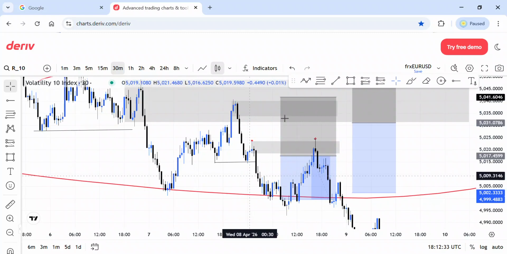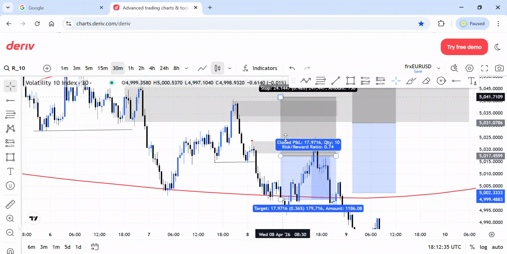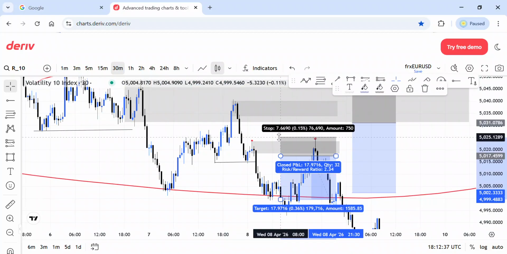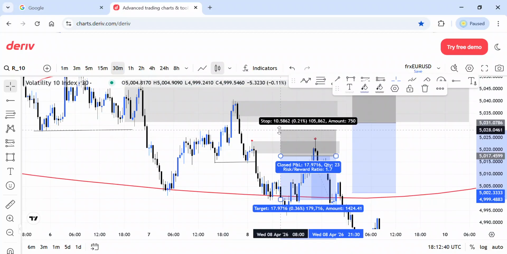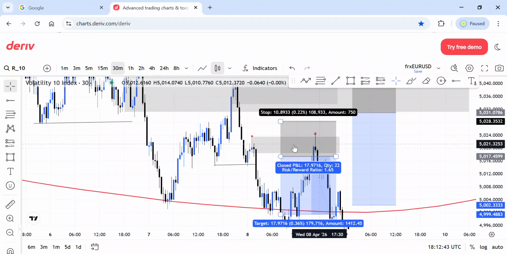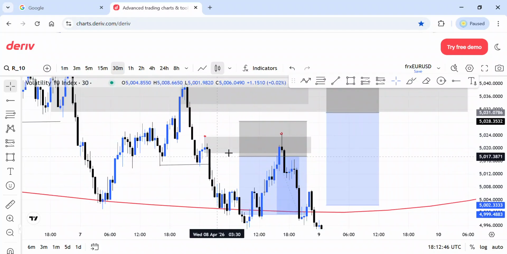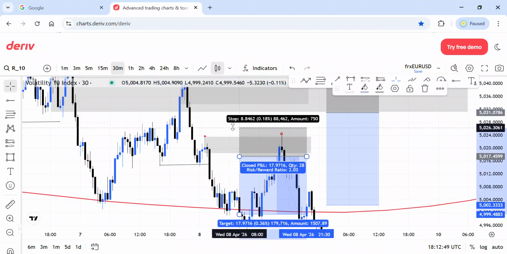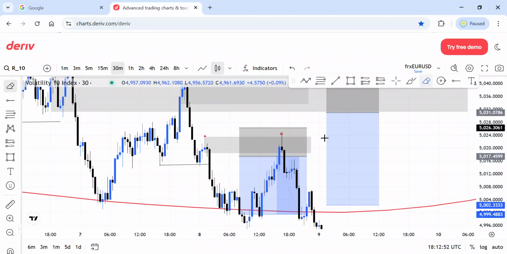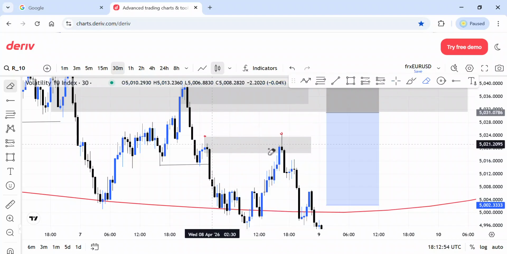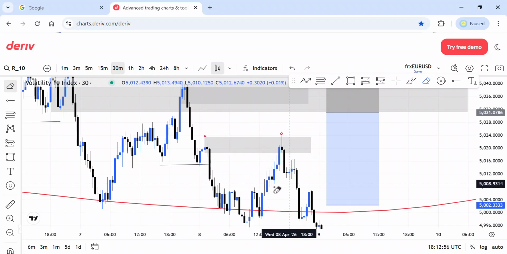But let's say on another way around, if you are rather selling from this inducement leg, then you should let your stop loss breathe a little bit to the upside. If you are selling from this side, you should let your stop loss breathe a little bit to the upside, or probably wait for price to do whatever it wants to do here first, then you can execute